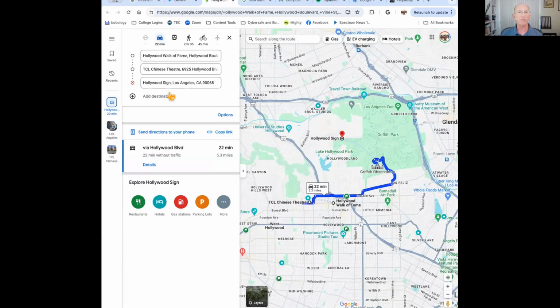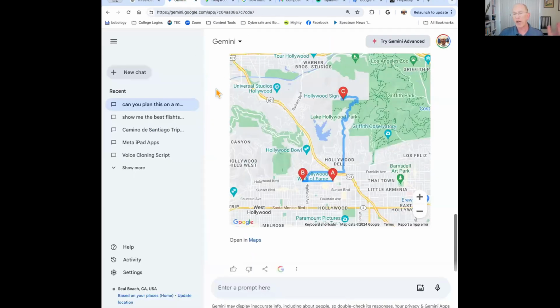Okay, and you could send directions to your phone or copy the link, and it'll tell you how long it's going to take to get there and what the route is. So it's a nice integration for travel, that you can use to really get a good sense of what things are happening, where do I want to go, what can I do? So I think it's one of the more robust ones.